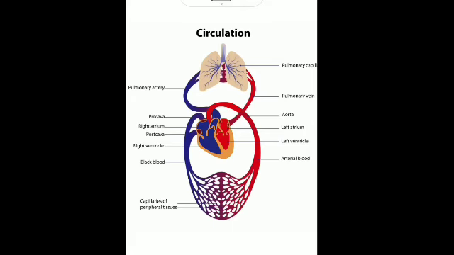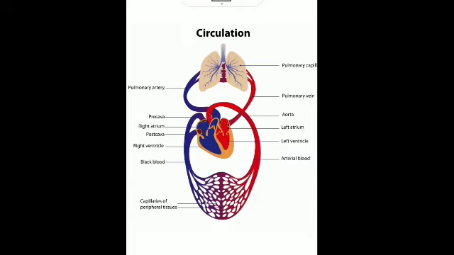Is that clear? Then simultaneously, the left atrium receives oxygenated blood from the lungs by the pulmonary veins. This is the left atrium. The pulmonary vein is bringing the oxygenated blood. You can see the red vessel carrying the oxygenated blood. This is the pulmonary vein, and it has brought the blood from the lungs. The blood has picked up the oxygen present in the lungs and is carrying it with it. This is the oxygenated blood, and it is pumped into the left atrium.